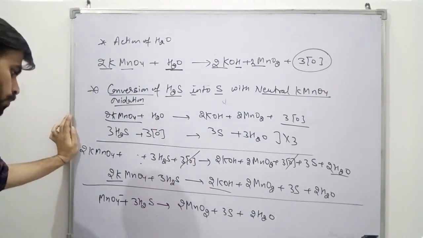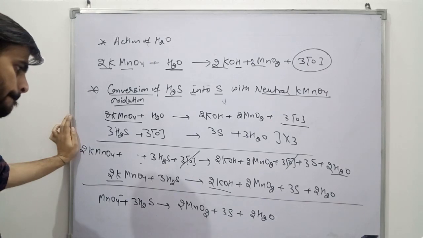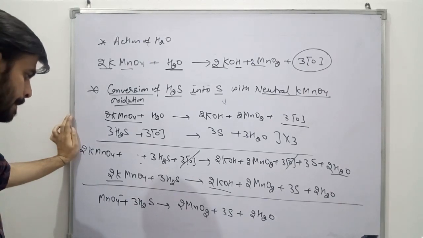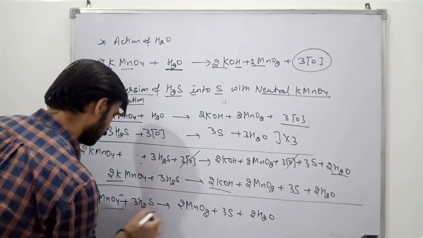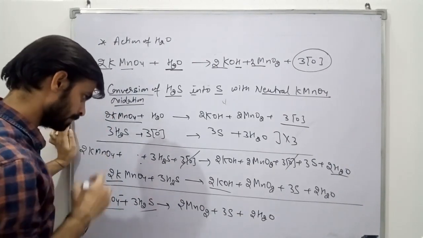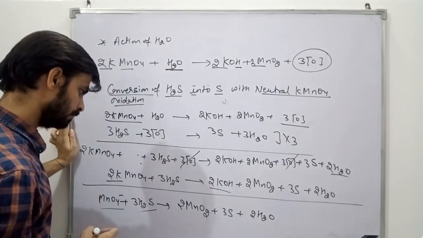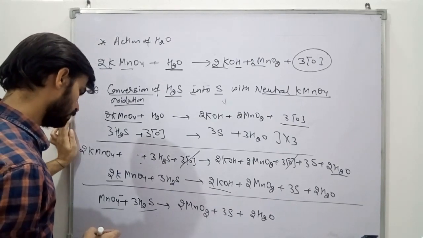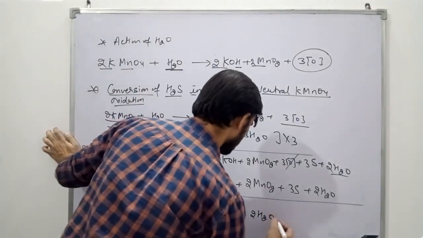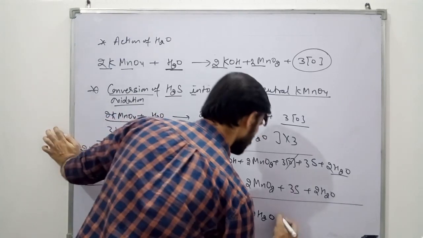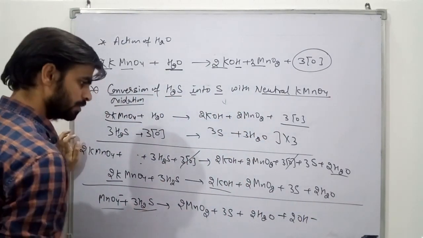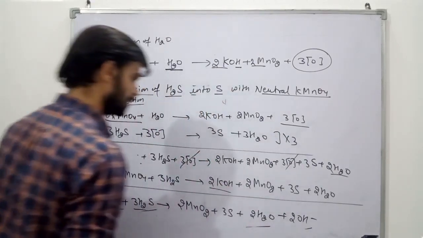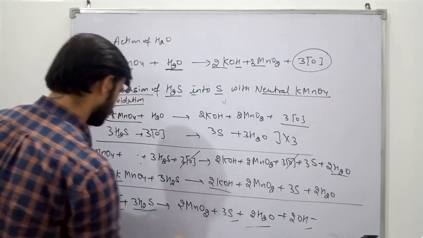Twice of H2O. Twice of OH negative. Now we have 6 hydrogen, 2 plus 2, 6 hydrogen, 3 sulfur,